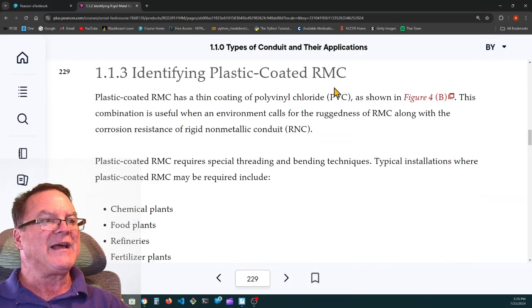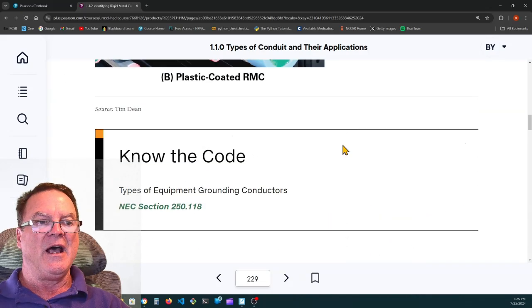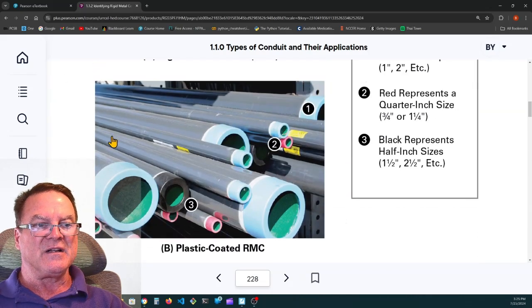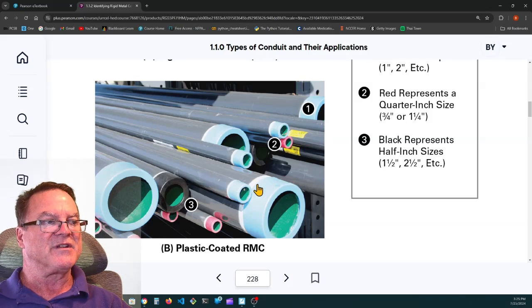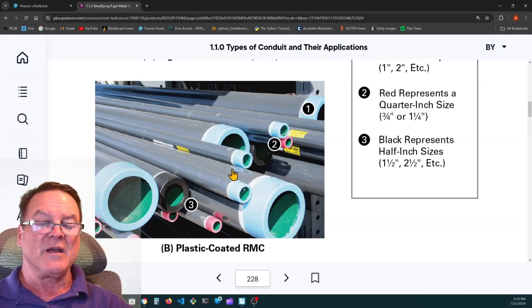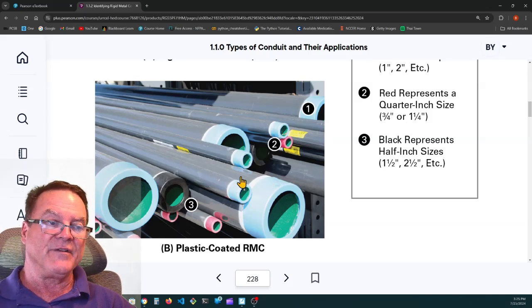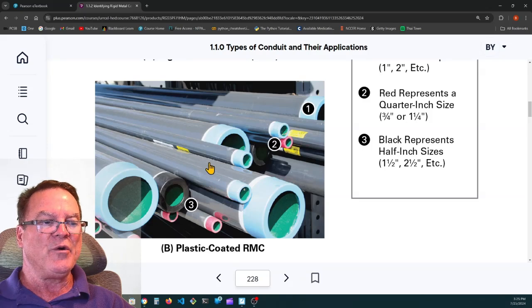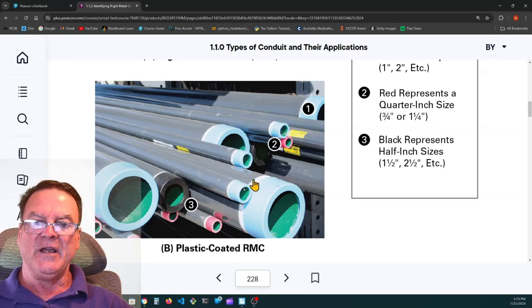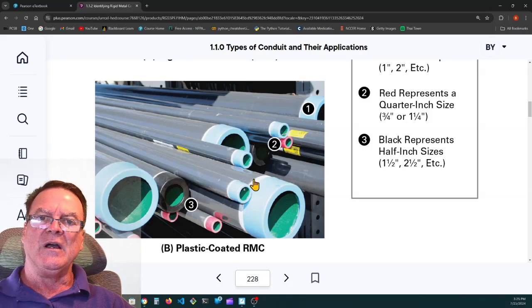1.1.3, identifying plastic coated rigid metal conduit. This is steel rigid metal conduit. It's galvanized steel. So sometimes they call it RMC, sometimes they call it RGC for galvanized. In some locations, you have to have a PVC coating on the outside of this conduit in order to protect